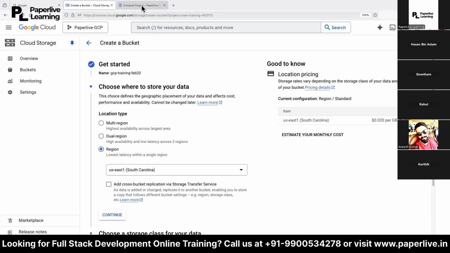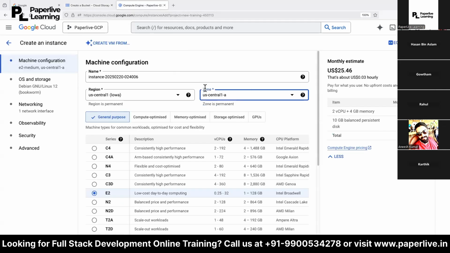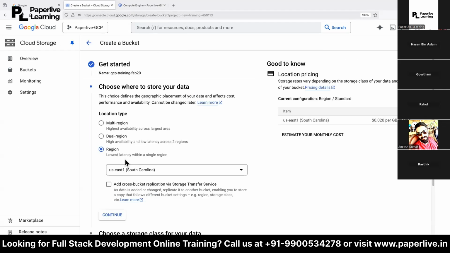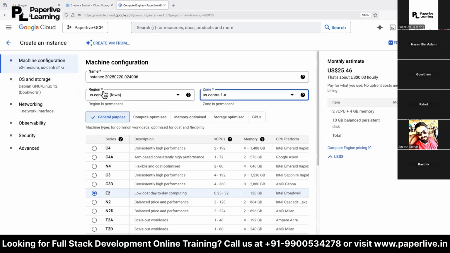Do you see the difference now? This is a zonal resource and this is a regional resource. It's a little tricky. Whenever you are creating a service, you need to check this location: what is the minimum selection and up to where it is available. Here the maximum it can go to is regional, while that one is technically zonal. You can make it regional by adding some additional feature, but it is a zonal resource.